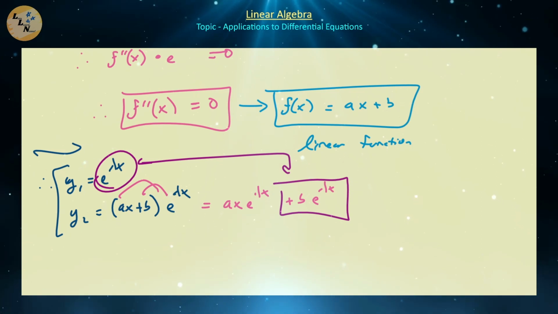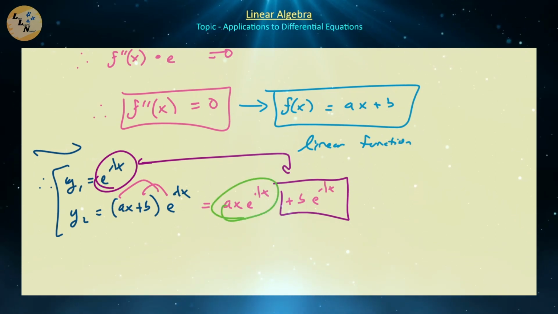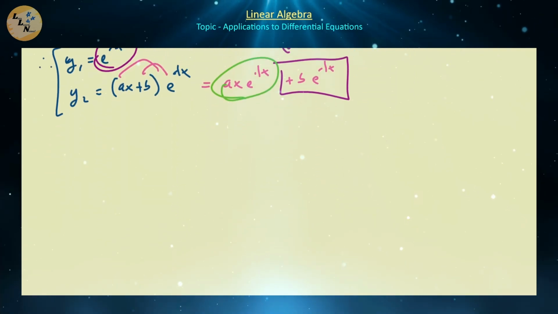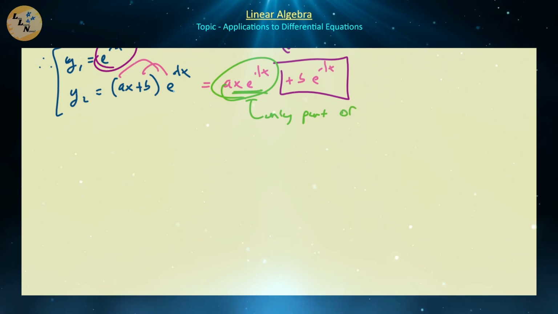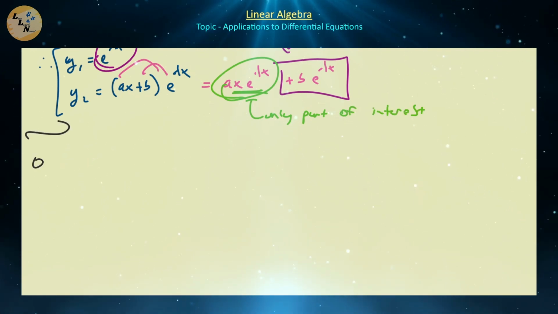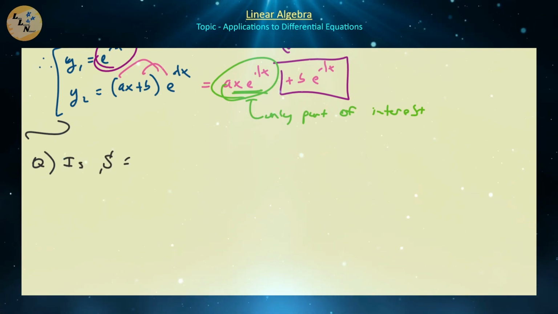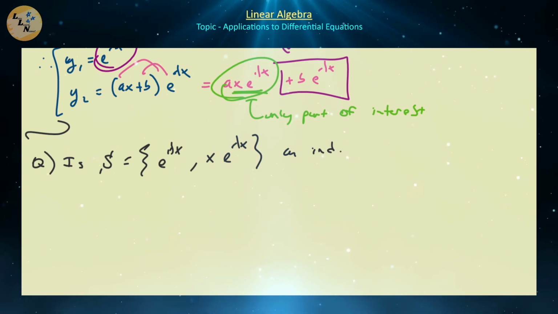So the main part that we can really grab out of this is going to be this x e^(λx) term because that's a completely different function. So this x e^(λx) is the only part of interest. So if that's the case, our next question is this: is S equal to {e^(λx), x e^(λx)} an independent set of